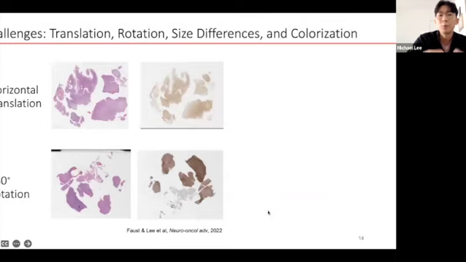The challenges still remain, though, especially if we wanted to unify the H&E stained analyses and the IHC quantification with respect to horizontal translation between the H&E stained whole slide image and the IHC, as well as 180-degree rotation. And so we wanted to see if there is a way we can align these two different images, tissue sections essentially, and be able to do a combined analysis on both of them.